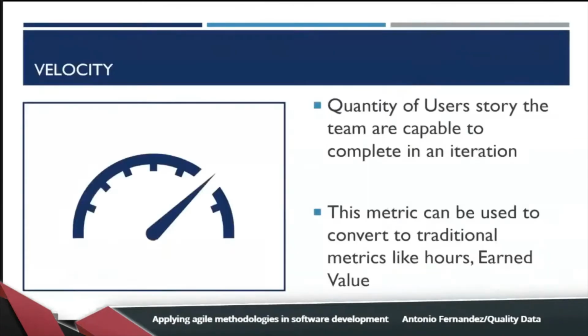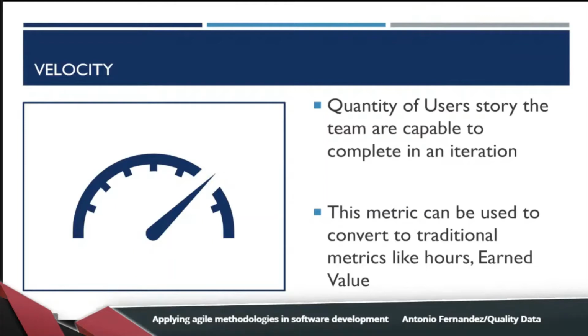What's a method that we can use in this kind of estimation process? One of the most important is the velocity. The velocity is the quantity of user stories the team is capable of completing in an iteration. It's very important to understand it.